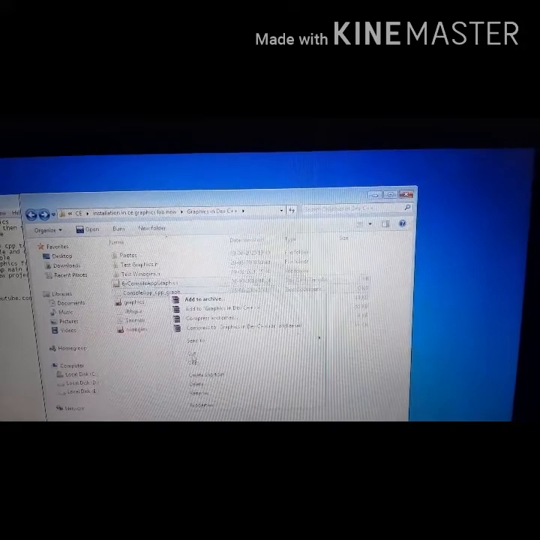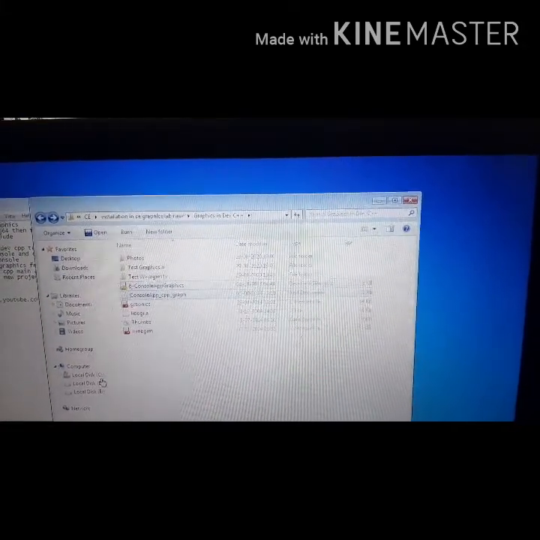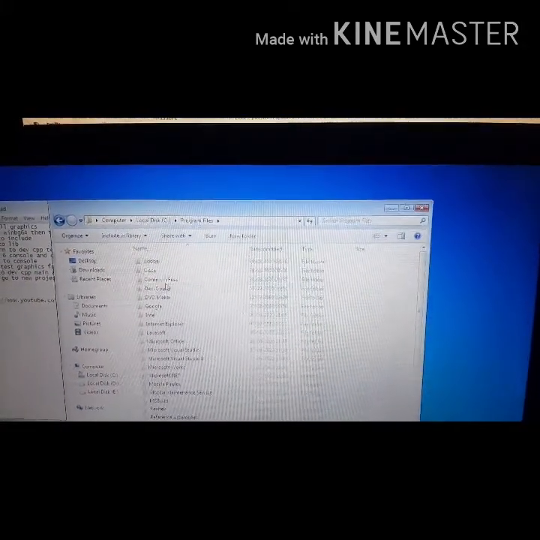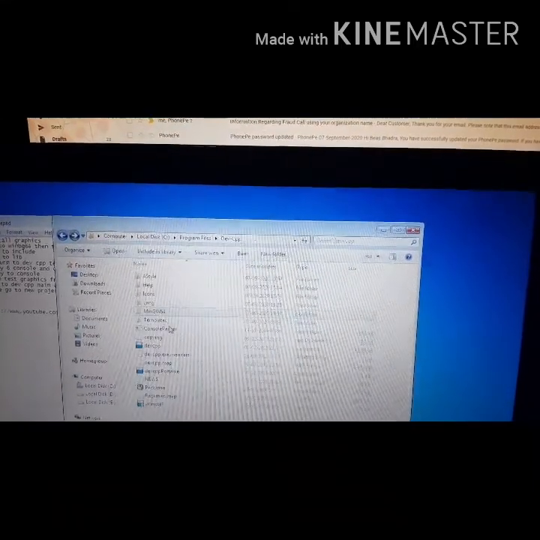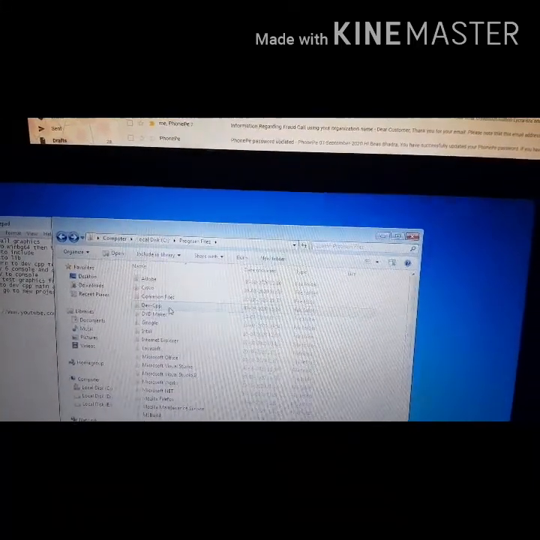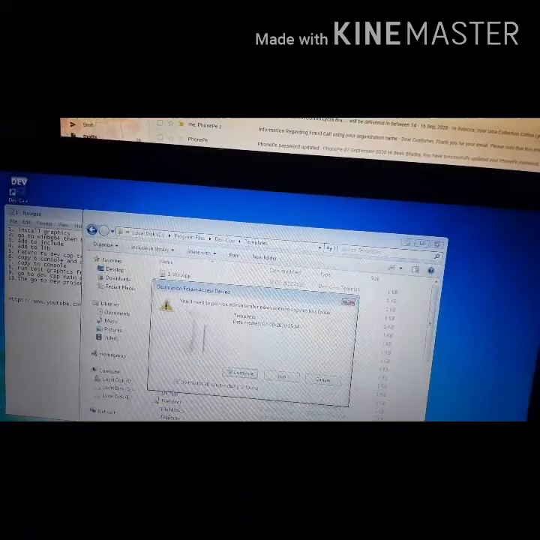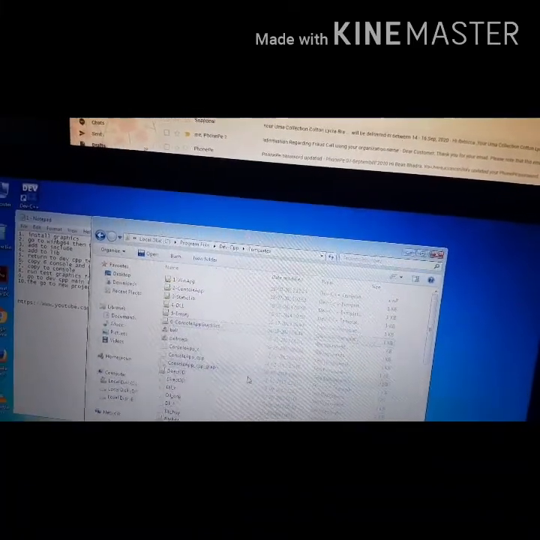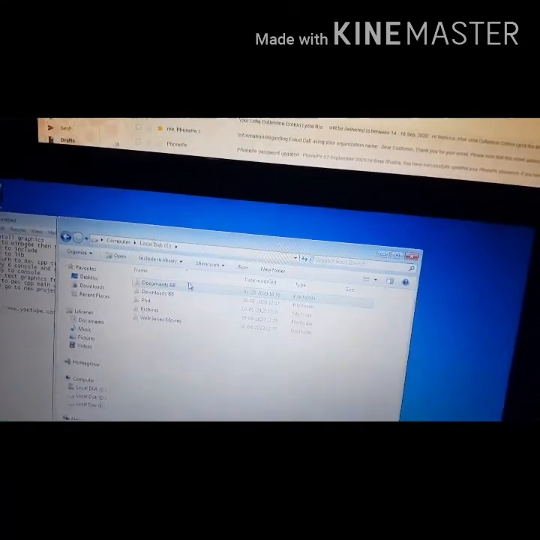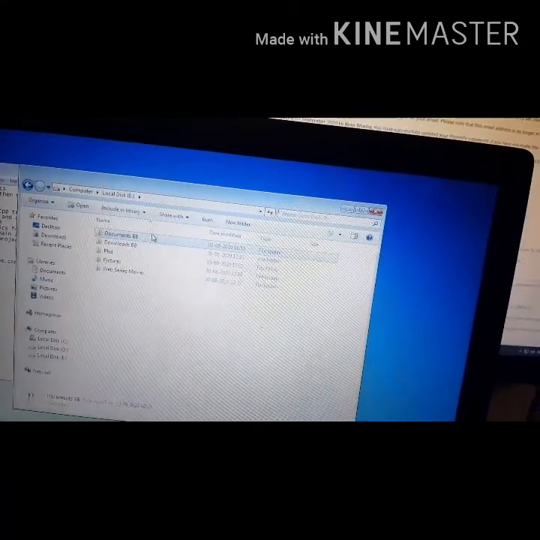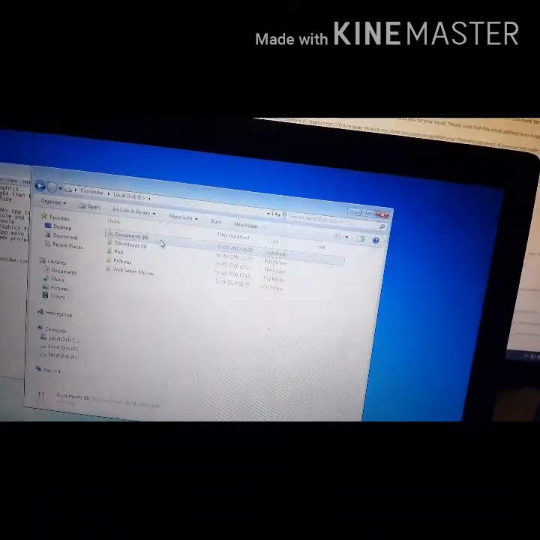We will copy that and go back to program files, Dev-Cpp, then here Templates, and we will paste that. Okay, so all the basic installations are done now.